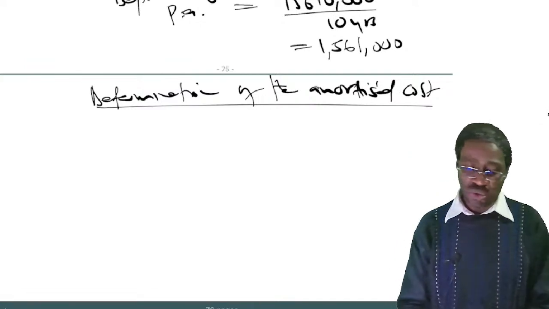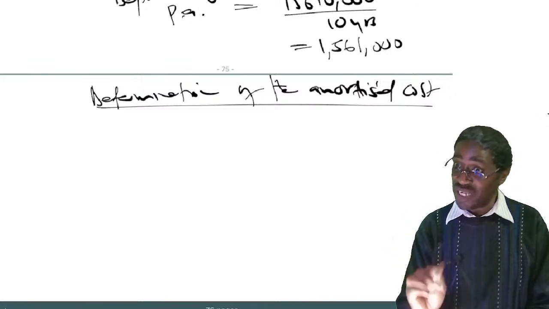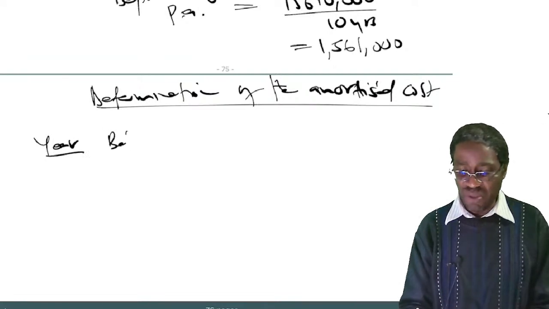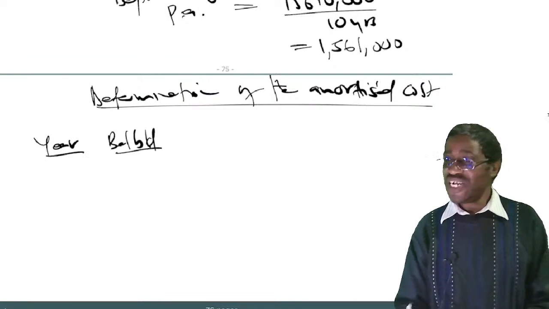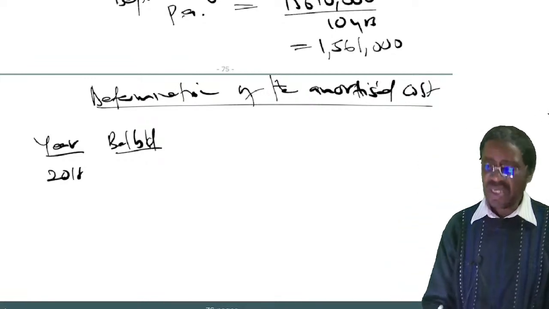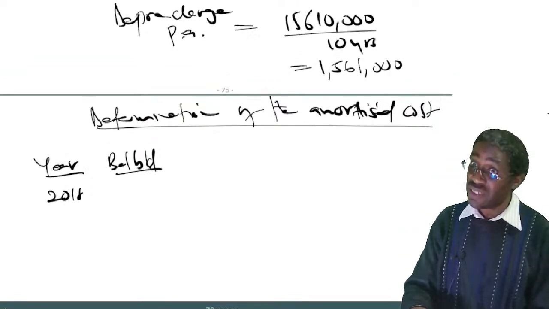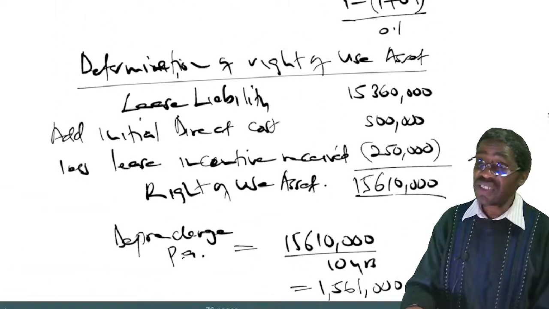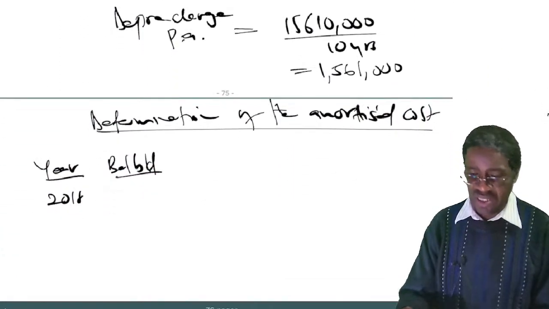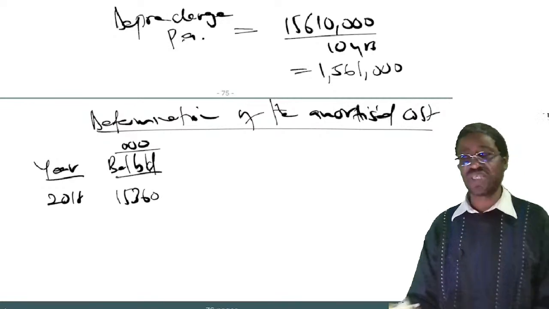Now listen. Let me assume, like our question is, that we are paying our installments in arrears. So to get the amortized cost at the end of the year, I said you prepare an amortization table. You will need a column of the year. Don't write fast. You will need a column of the balance brought down. You will now say, our first year was 2018. Our liability by the beginning of that year, we have calculated it. What's the lease liability? It was 15,360. Let me put the figures in thousands so that my table doesn't become long.